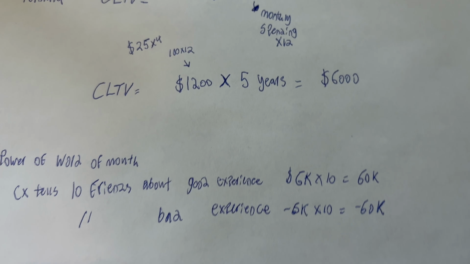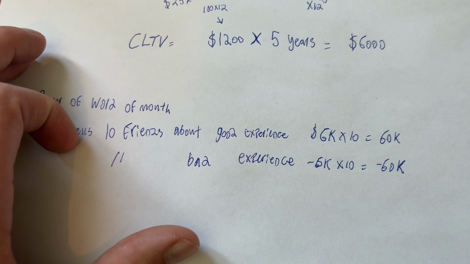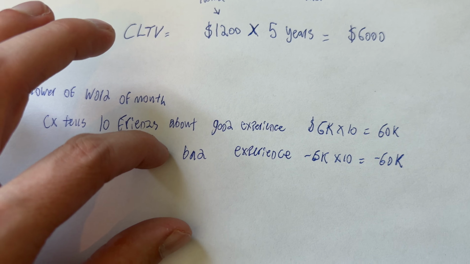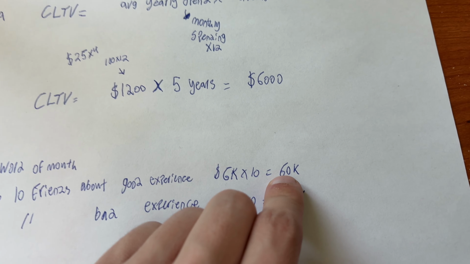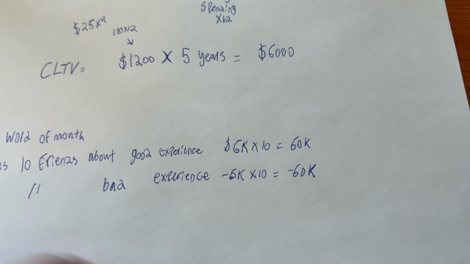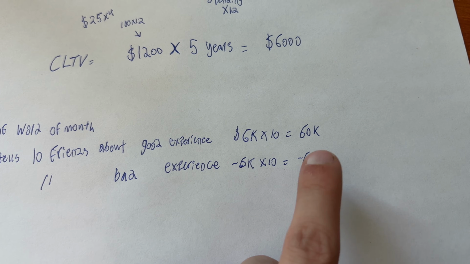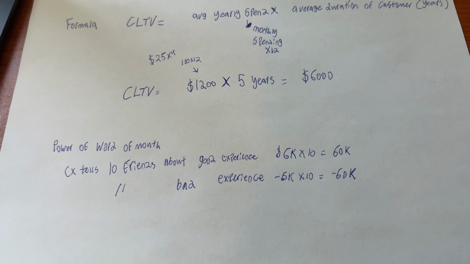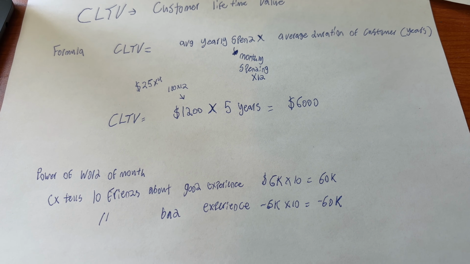Pretty easy. And then I wanted to explain the power of word of mouth, because let's say the customer has a good experience. They tell 10 friends about their good experience. They all come to the restaurant. Then you get an extra $60,000 over their lifetime. Bad experience, then they don't come to the restaurant and you miss out on $60,000. So make sure you give your customers a good experience, and then you will get all the lifetime value and